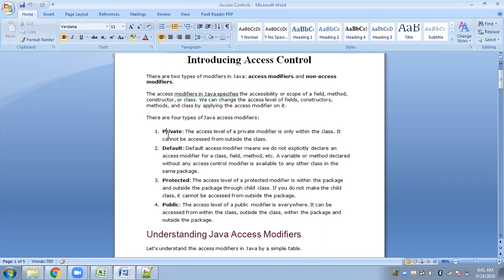Regarding protected, as I said, we use this in inheritance. Protected is slightly more flexible than private, in that any member declared as protected can be accessed outside the class also, but the class which accesses these members of the current class has to be a child of the current class. This we will learn in inheritance. So have you got an idea now, for the time being, before looking at the examples one by one?